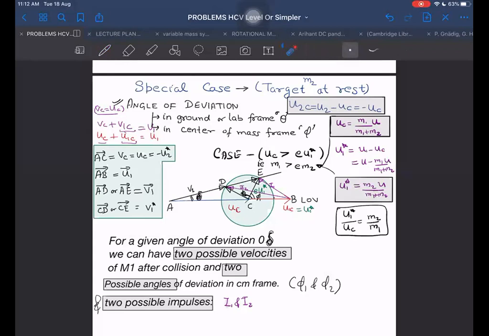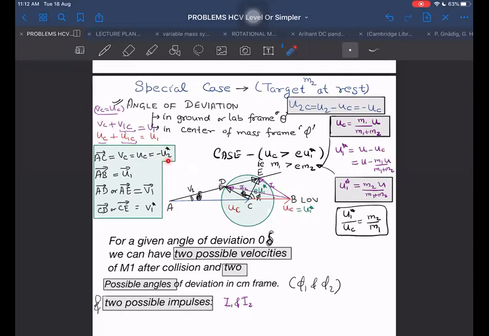Now, here is the formula and how to apply it, and to visualize it I will write it as UC plus U1C. U1C is this red color vector. UC is this vector A to C. Here also I'm writing A to C is UC, which is also VC. And see, this also comes out to be equal to minus U2 star.